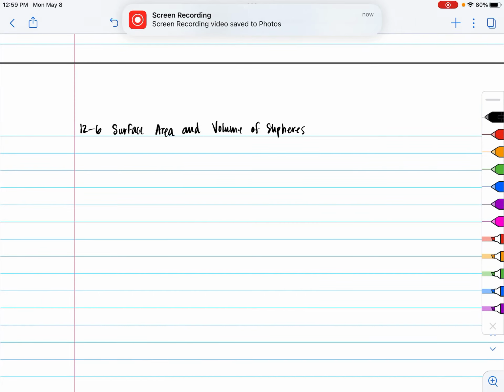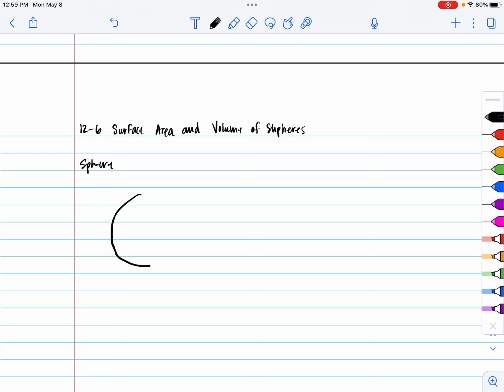Hello, and welcome to 12.6, surface area and volume of spheres. A sphere, we're going to define this really quickly. Let's draw a circle right underneath that definition, and we're going to draw kind of like a partial circle around this, a dotted line right around, and we have a three-dimensional object. Now, a sphere, like I just said, is a 3D shape,